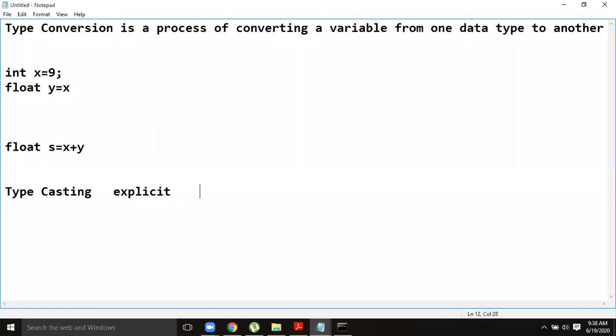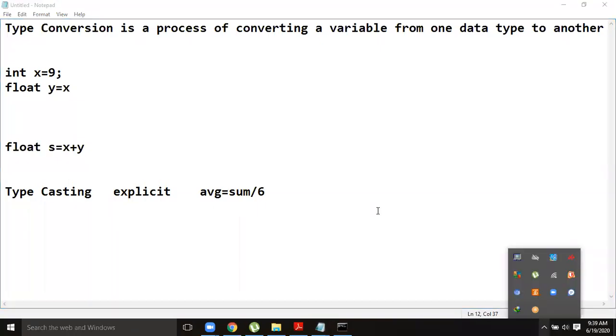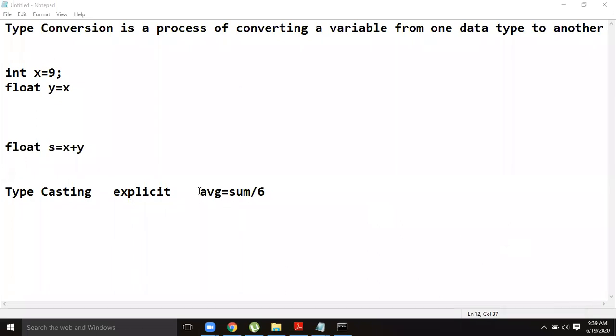Sum is an integer, 6 is an integer, and average is, for example, a floating point variable. What happens? The result loses precision, so the output is like 97.0000, not exactly 97 point something else, because of truncation. The fractional part is missing from that result.